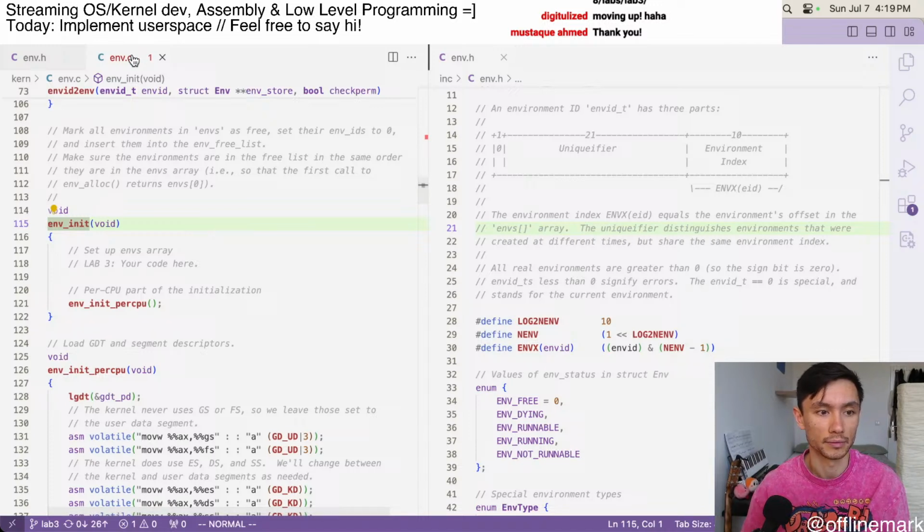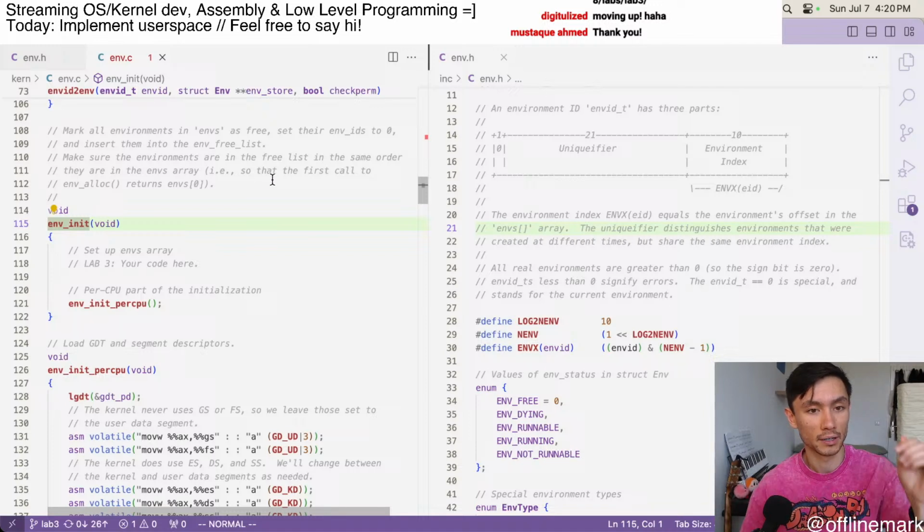Okay. Mark all environments as free. Set their env IDs to 0 and insert them into the env_free_list. Make sure the environments are in the list in the same order they are in the envs array. So the first call